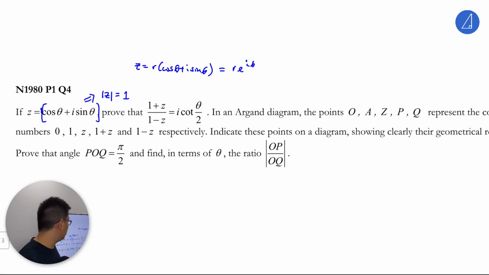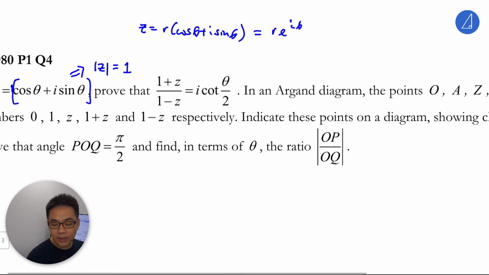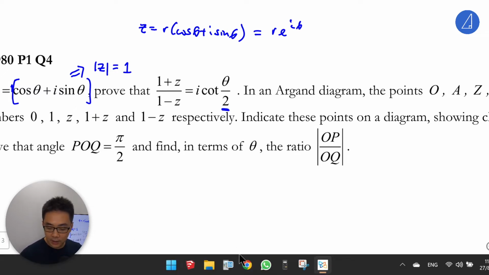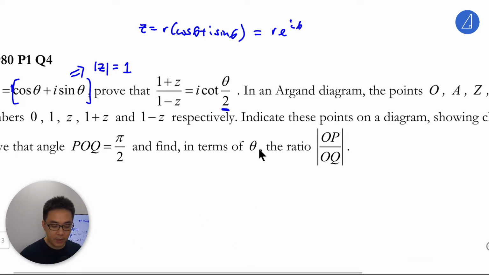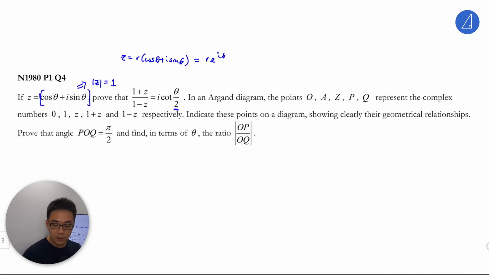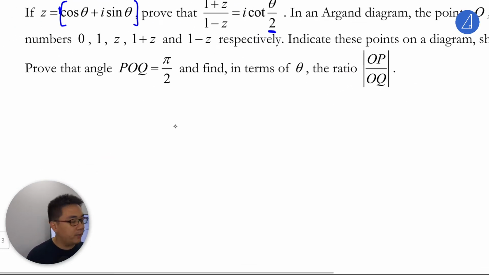This complex number here. Prove that cot theta over 2. So it's very similar to this theta over 2 here. So like I say, go to the question bank, search for the concept which is manipulating theta over 2. Okay, so that's the first one. In the mini revision set, we have also done quite a significant amount of it already. So just take note. So from left hand side,